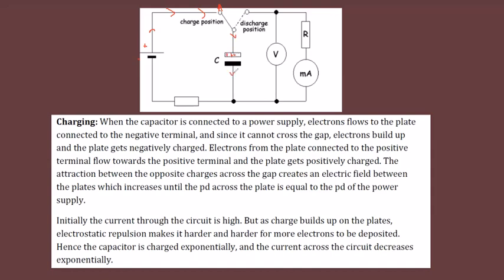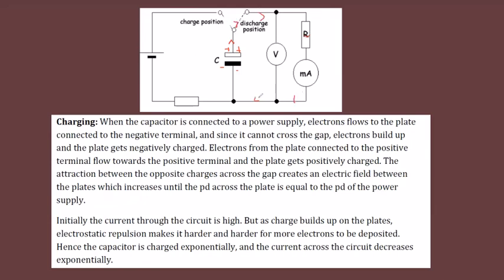And the conventional current goes towards the negative, so this plate will be negatively charged. But in reality, electrons move, and the direction of movement of the electrons is opposite. So once the capacitor is charged, this is a two-way switch, so we change the position of the switch. The moment we change the position of the switch, what happens? As the capacitor, this part was positively charged and this is negatively charged, so it will supply the